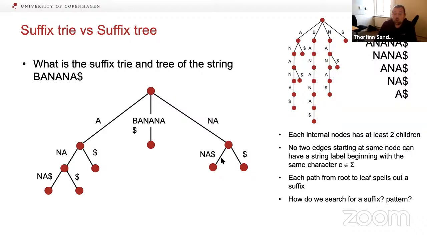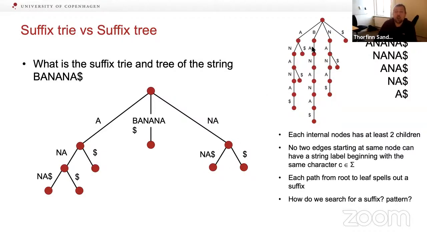So if you wanted to search for a suffix, then we go from the root all the way to a leaf and see if it occurred. If you fell off the tree, then it would not be a suffix. If you were just searching for a pattern, then we don't have the requirement that we should end in a leaf node, then it's allowed to stop in one of the internal nodes.